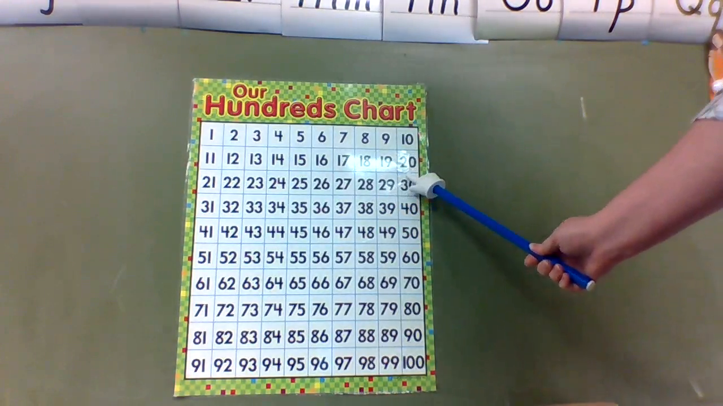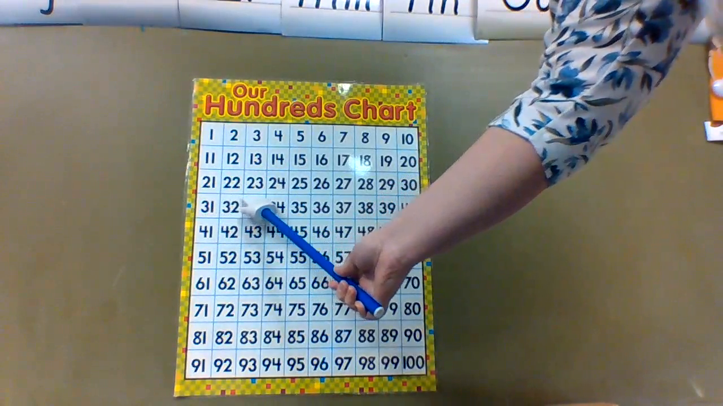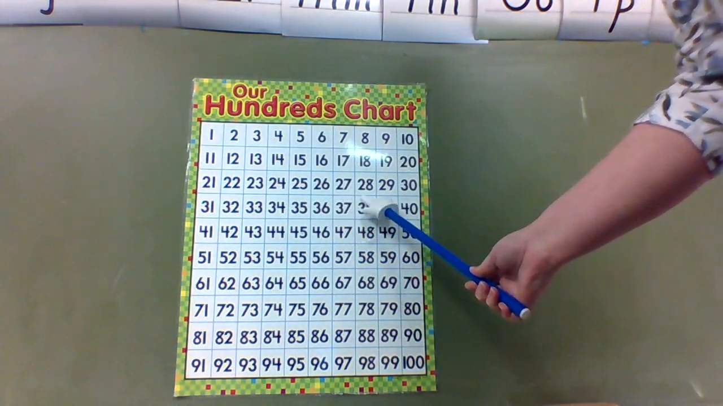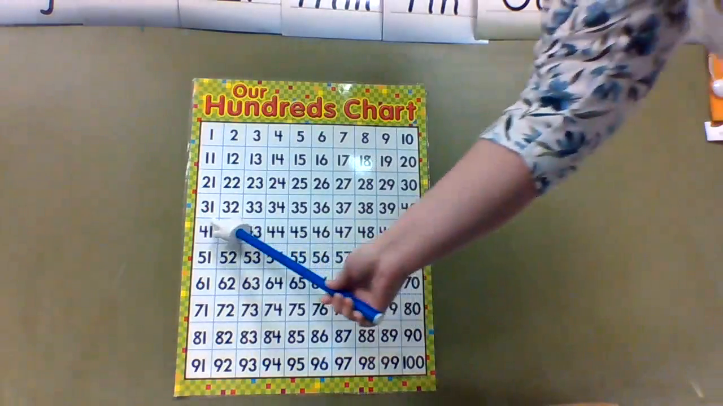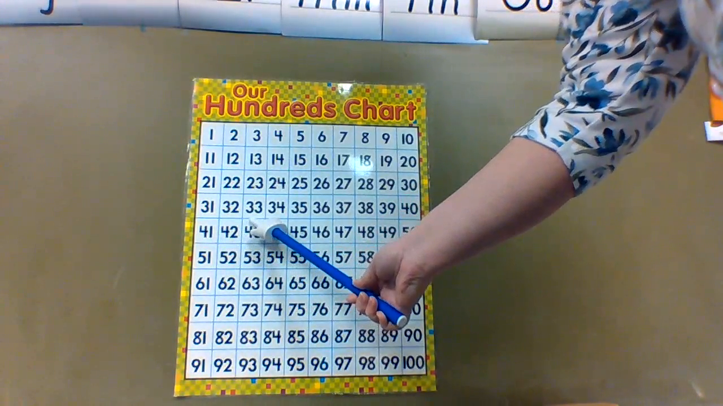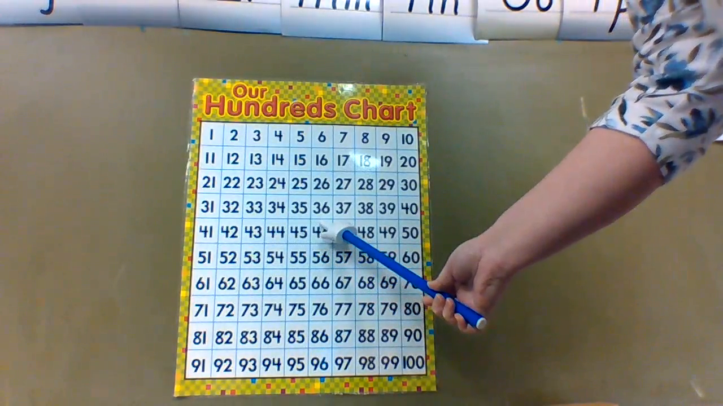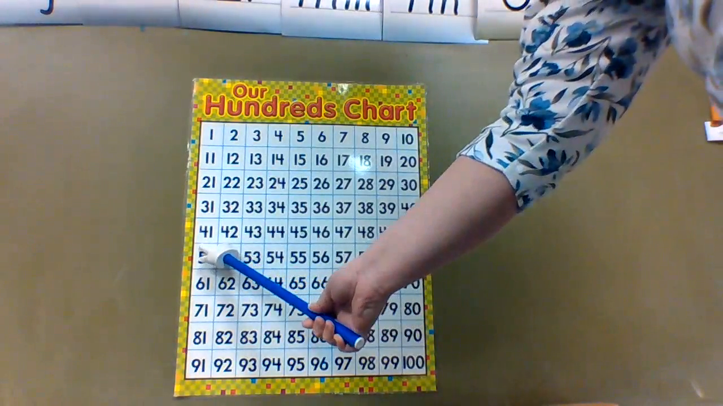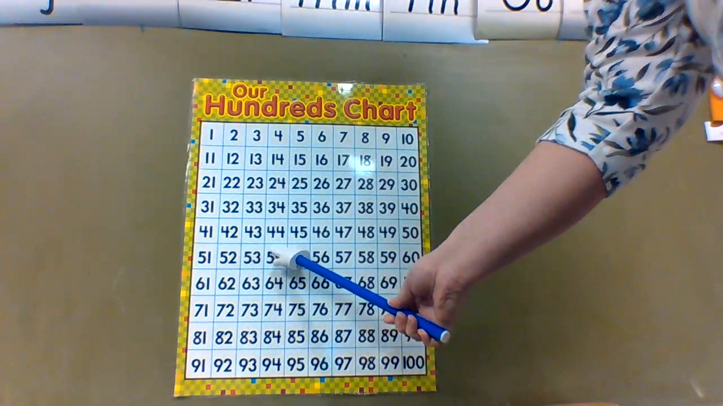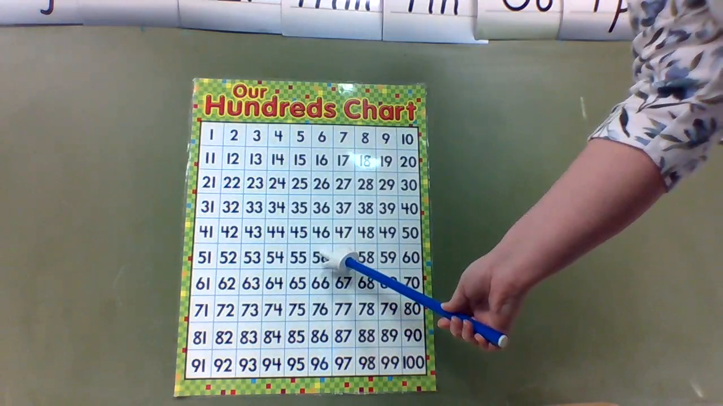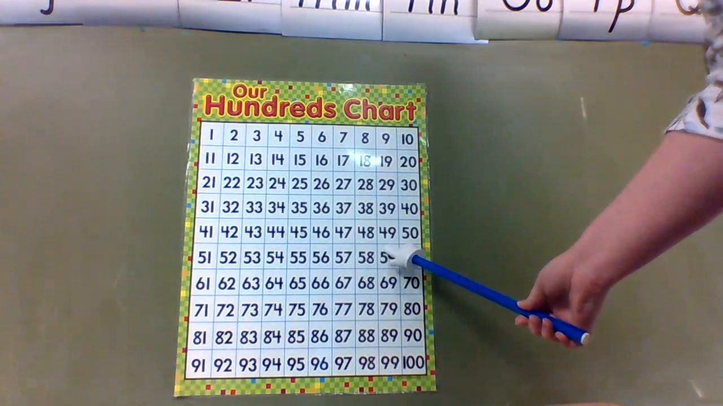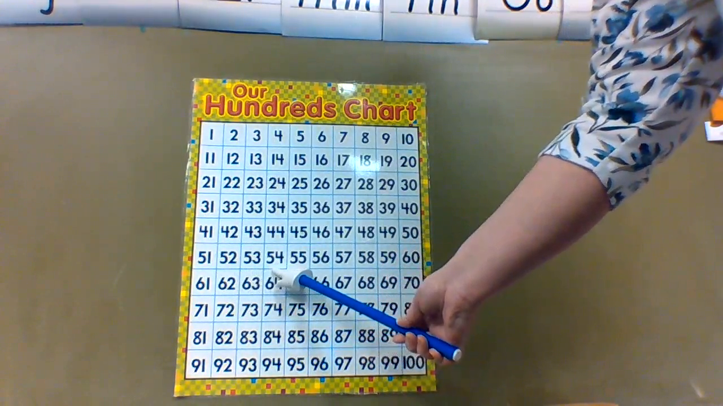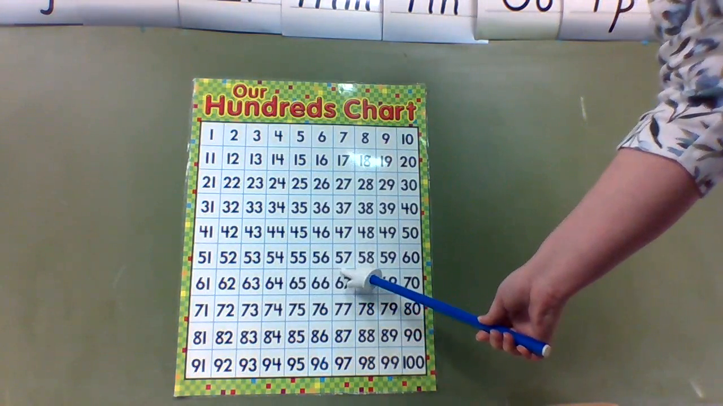18, 19, 20, 21, 22, 23, 24, 25, 26, 27, 28, 29, 30, 31, 32, 33, 34, 35, 36, 37, 38, 39, 40, 41, 42, 43, 44, 45, 46, 47, 48, 49, 50, 51, 52, 53, 54, 55, 56, 57,